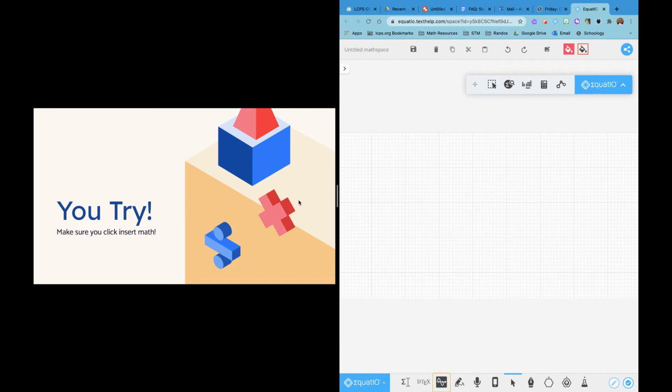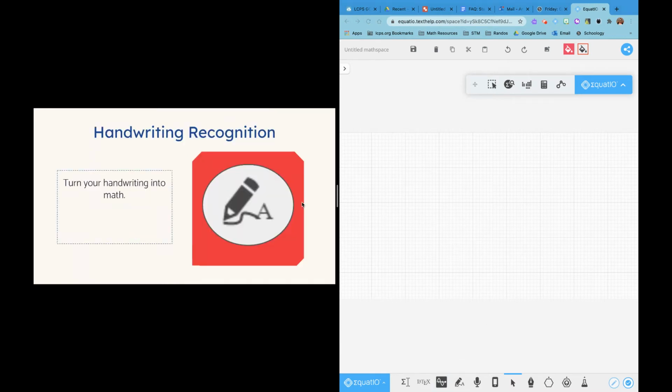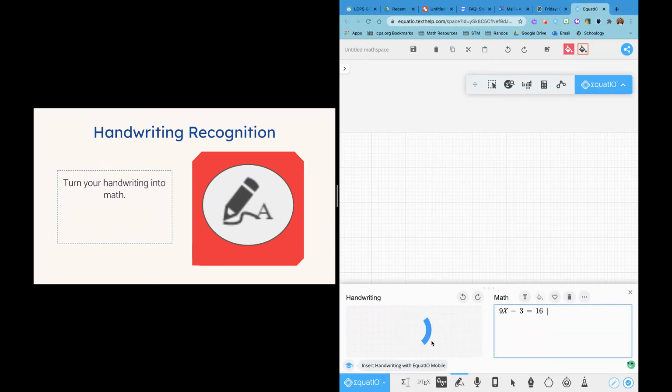Alrighty. So now our handwriting recognition tool, this is the one that I use the most often when I'm making your tests, when I'm making worksheets. Sometimes that math is really hard to type in, especially in Google Docs. So if you click that little pencil with an A,